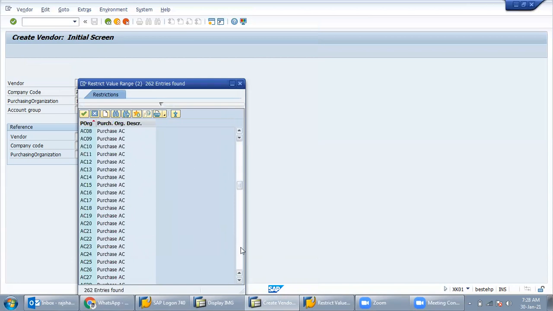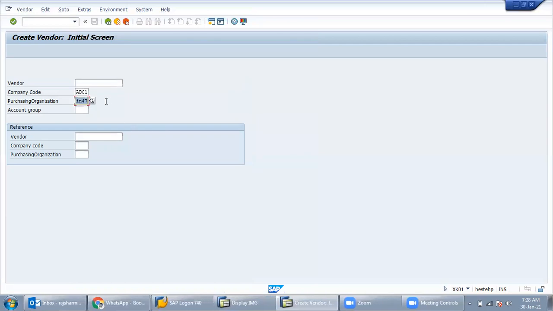Purchasing organization has not been created. This is actually the MM part, so we are not going through the purchasing organization because it will be a mix-up. Yes, actually, I am taking IN47. Why? Because the MM settings, SD settings, all are done in that, so we will not face that problem.